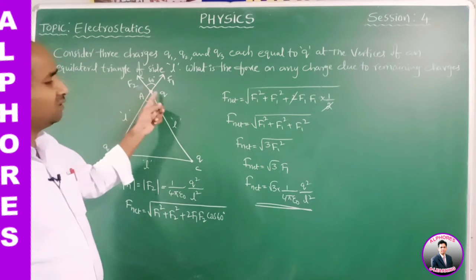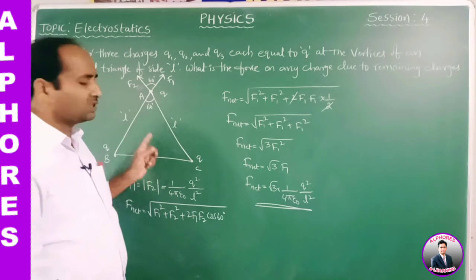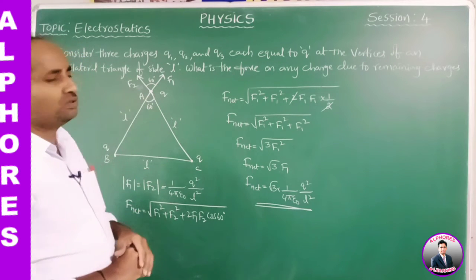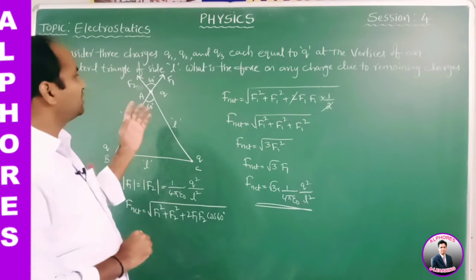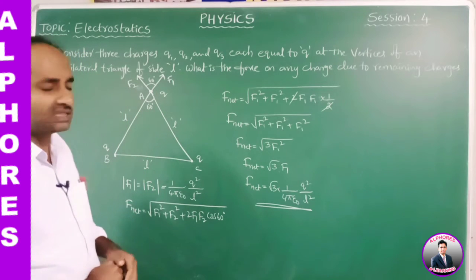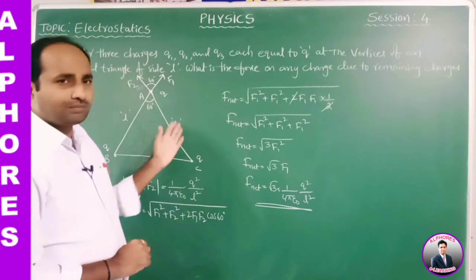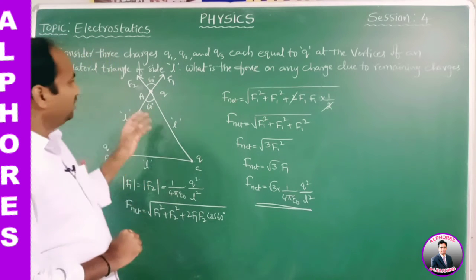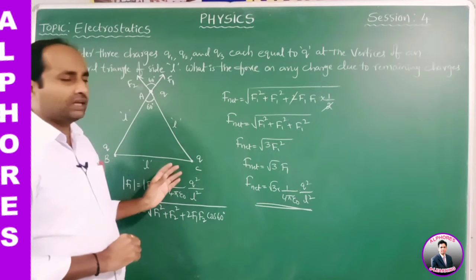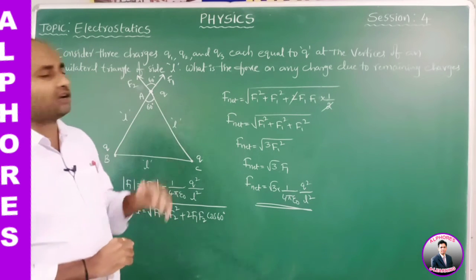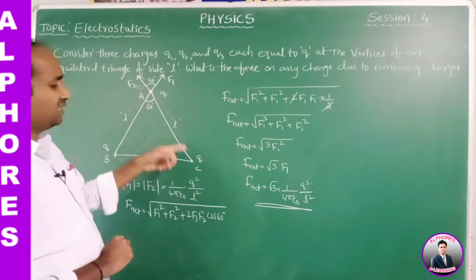Whenever we are doing problems based on this principle of superposition, first of all we should specify the direction, whether the given charge is attracted by the remaining charges or repelled by the remaining charges. Then we know the directions of F1 and F2. Then finally we should take the net force acting on the given charge by using the parallelogram law of vectors. Here only 3 charges are kept.